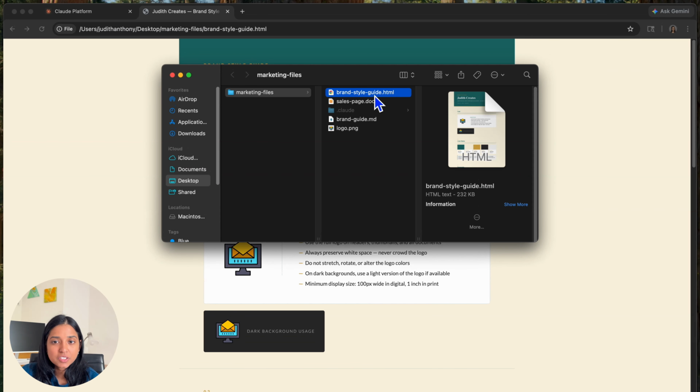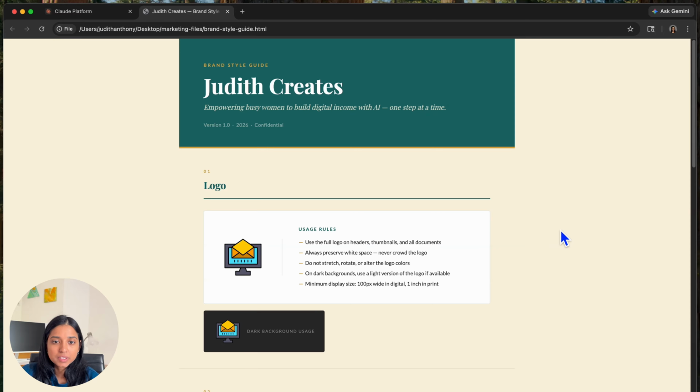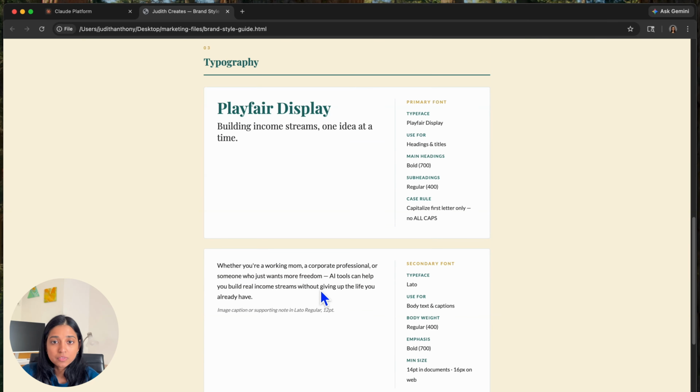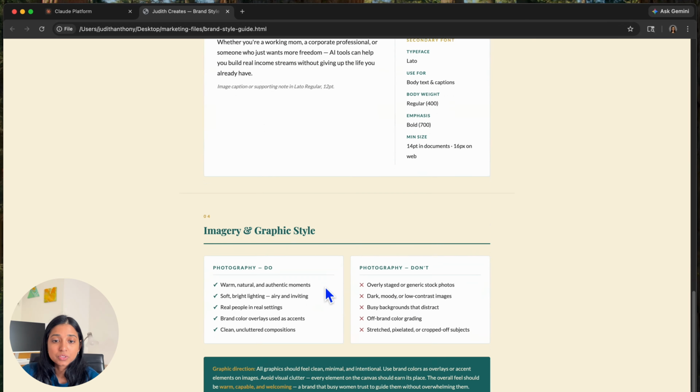All right, so it's finished creating my style guide for me, and you can see that it has saved it into the marketing files folder. This is what it looks like right here. You can see that it included the logo on different background colors. It has the color palette, typography, so what kind of fonts you're going to use, and finally also image and